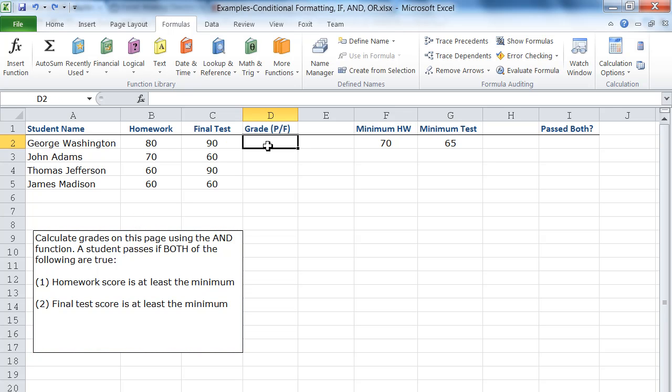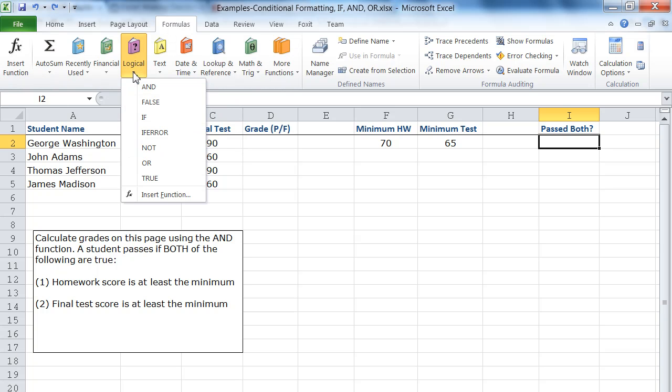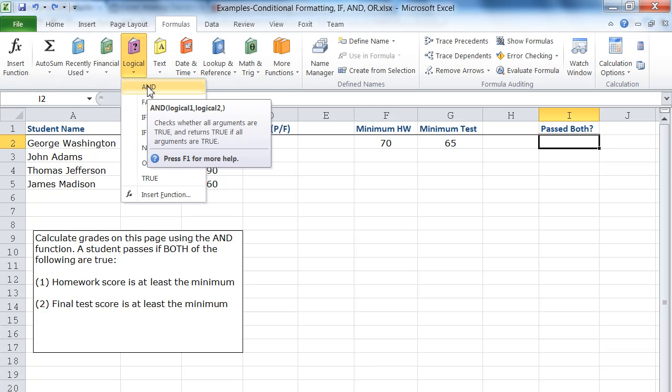Now I want a PRF to appear right here telling me if the student passed or failed. But before we do that, we're going to cheat a little bit here, and we're going to go way over here and make up a little helper column. There's nothing wrong with doing that. If it makes it a little bit easier to solve the problem, it's a good thing to do. And what I want to do over here is I want to know if they pass both tests and the homework. So